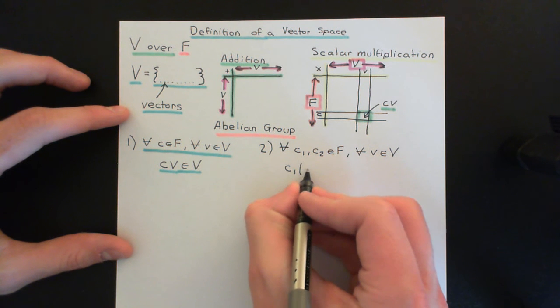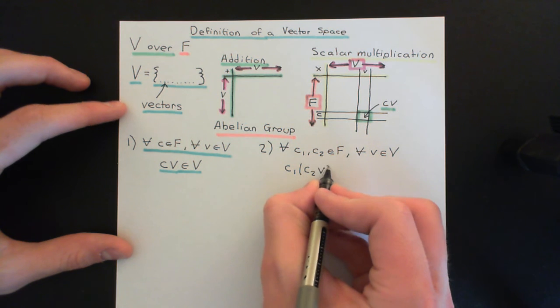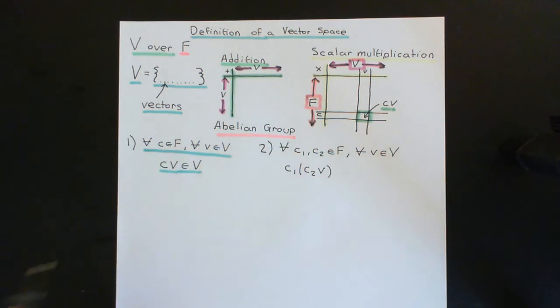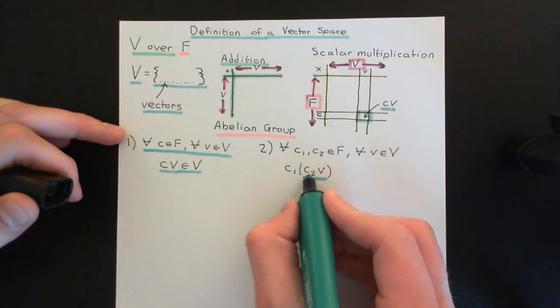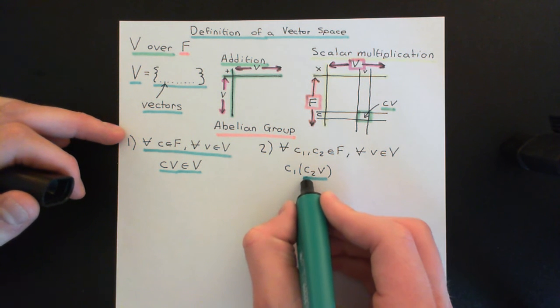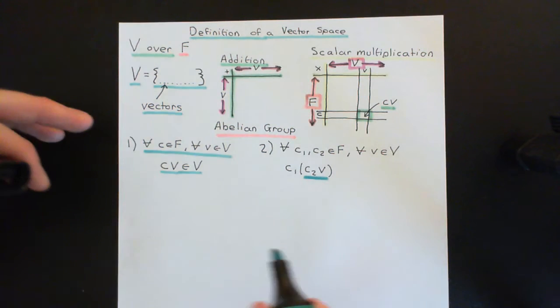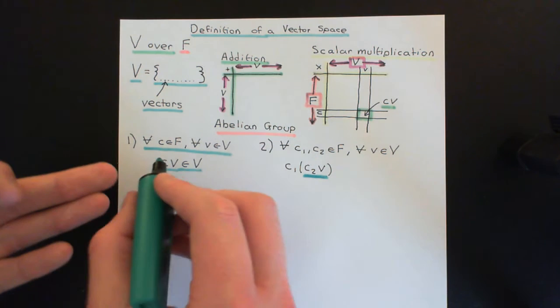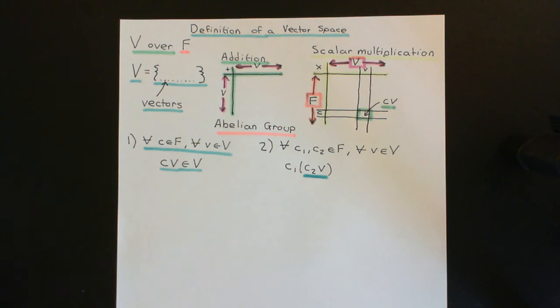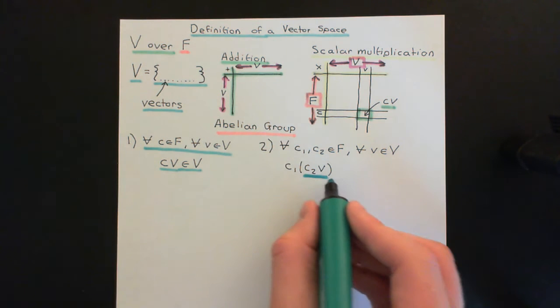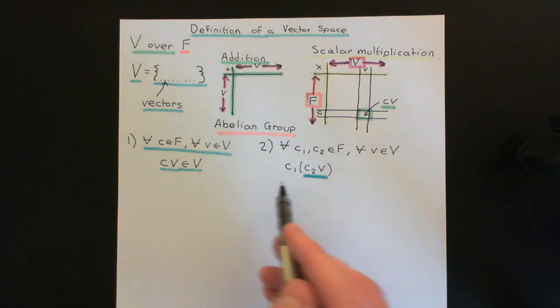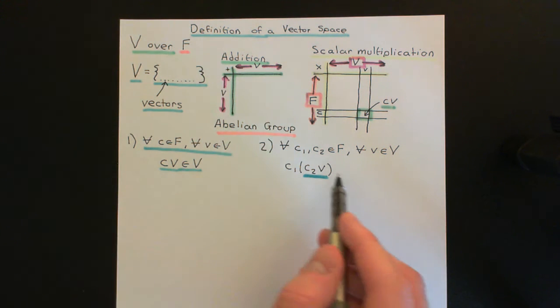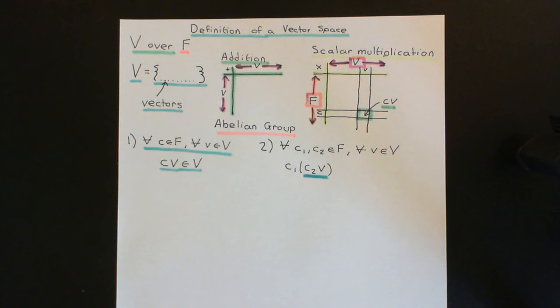If we consider what is c1 multiplied by c2 times v, like so, make sure you understand what this actually means. This means firstly take the vector v and scalar multiply it by c2. The answer that you'll get there, c2 times v, will be another vector, by axiom number 1 of scalar multiplication. Then what you're going to do is take that other vector and multiply that by the second element of the field, c1. The overall answer that you then get is what I mean by c1 times c2 times v in this way.